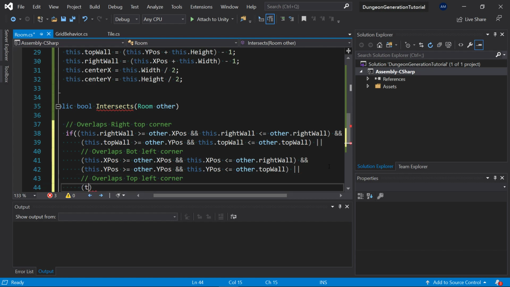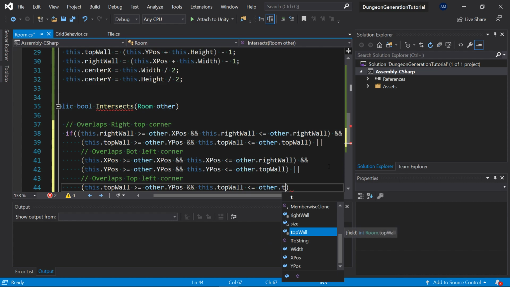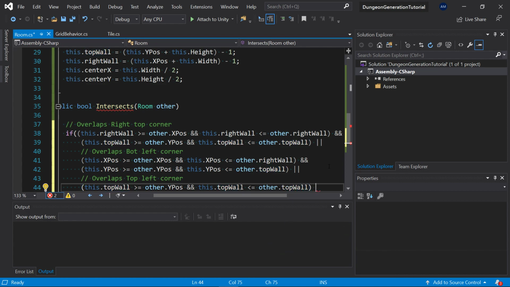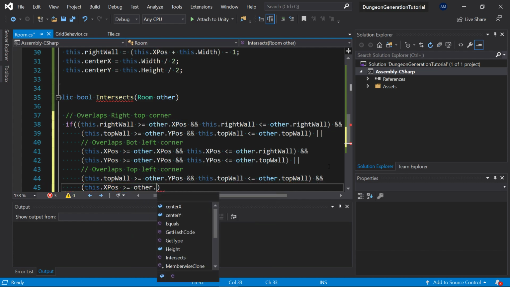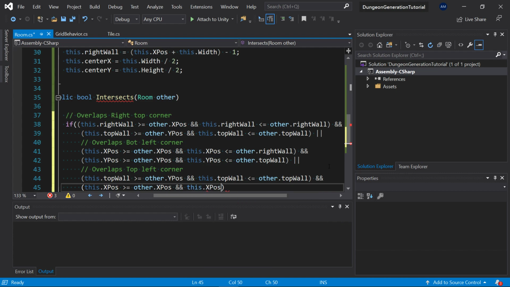Now the top left corner is going to be if this dot top wall is greater than or equal to other room's dot Y position, and this dot top wall is less than or equal to the other dot top wall, and this dot X position is greater than or equal to the other's dot X position, and this dot X position less than or equal to other dot right wall,